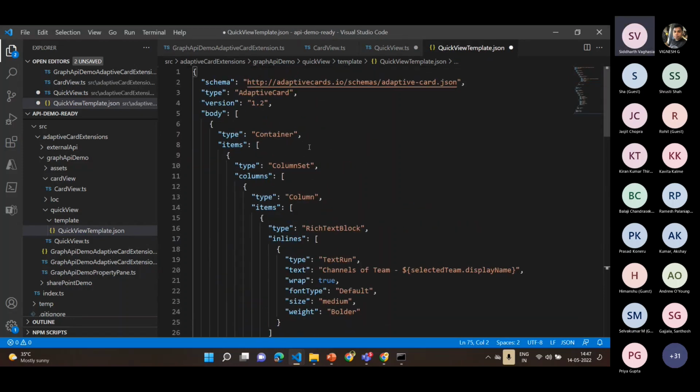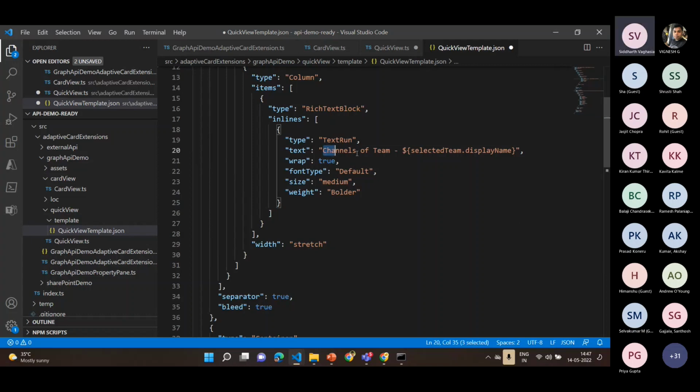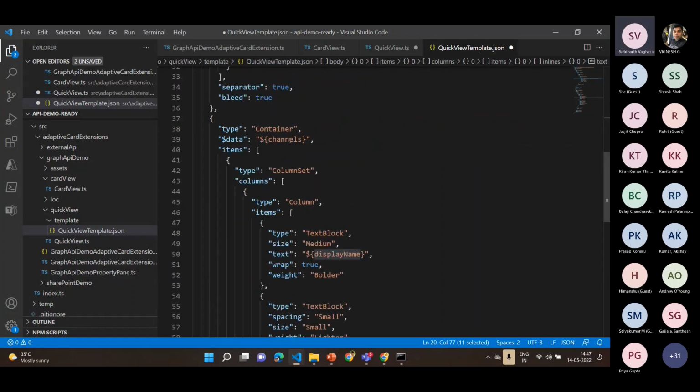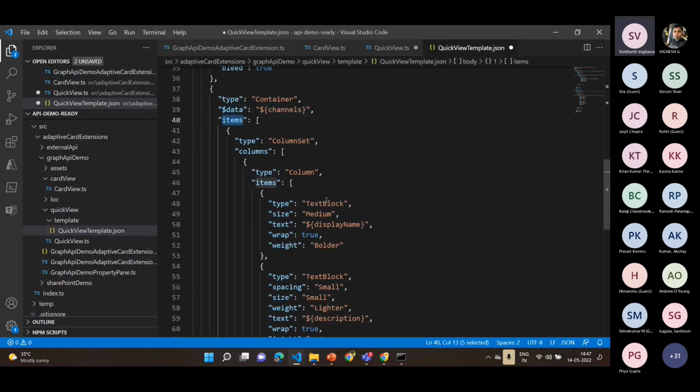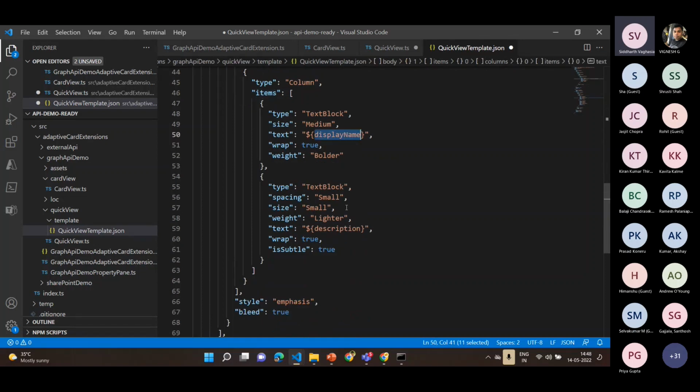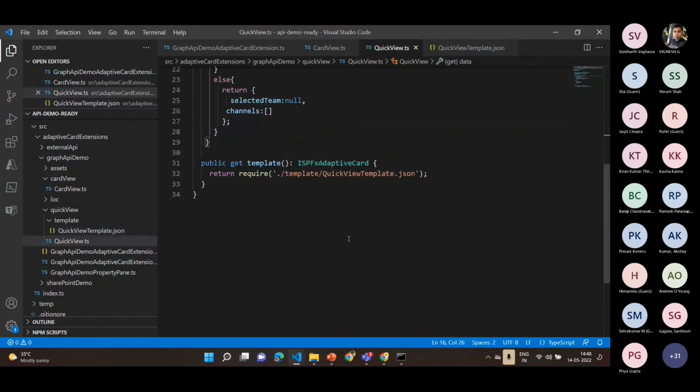view. So here on the top we are displaying channel of team, so we will be using selected team display name. Then in the channels data, in the items, we are going to list all the channels within there. So this will make sure that all the channels are looped and it is displayed within that particular quick view, and we are displaying the display name and the description. So I'll quickly just save this,